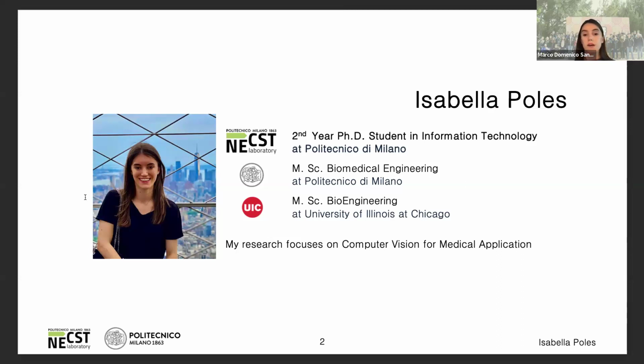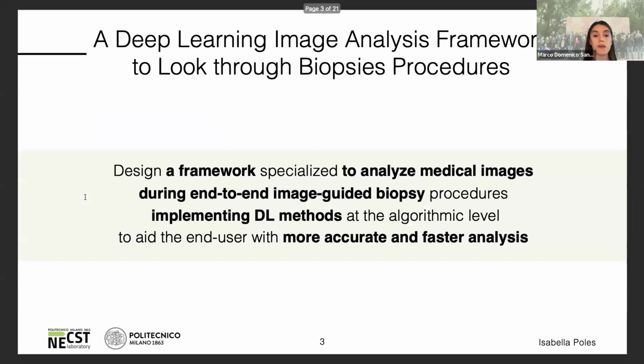But despite this, I have a bioengineering background since I got my master's degree in bioengineering at both Politecnico and University of Illinois at Chicago. It is for these reasons that my research focuses on computer vision, mainly applied to medical scenarios. So to get a little more into detail, my PhD revolves around designing a framework specialized to analyze medical images during end-to-end image-guided biopsy procedures, implementing deep learning methods at the algorithmic level to aid the end user with more